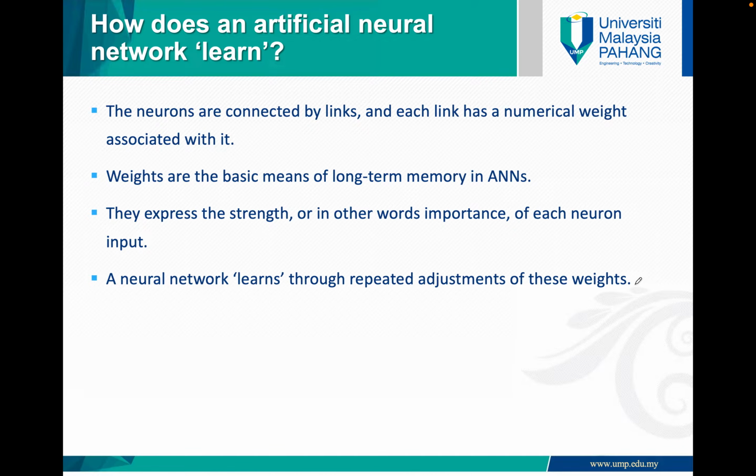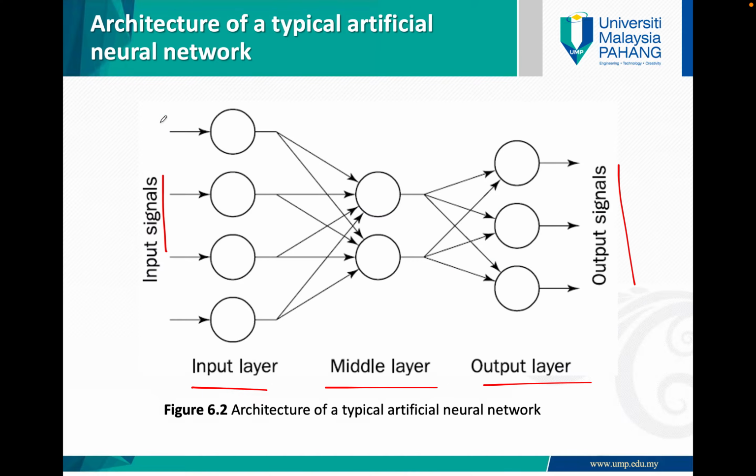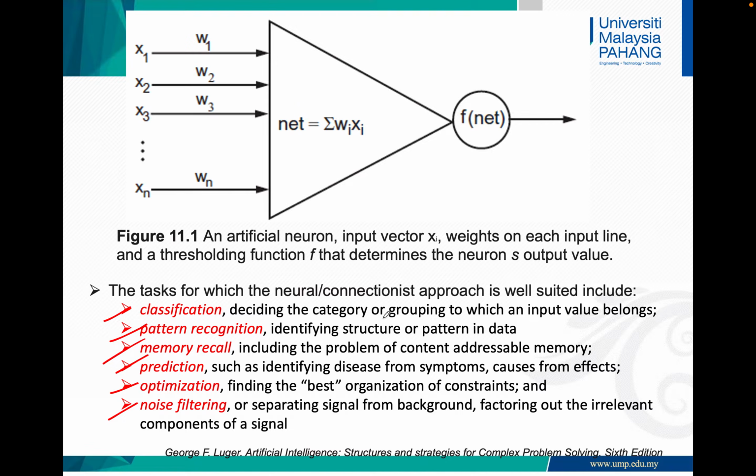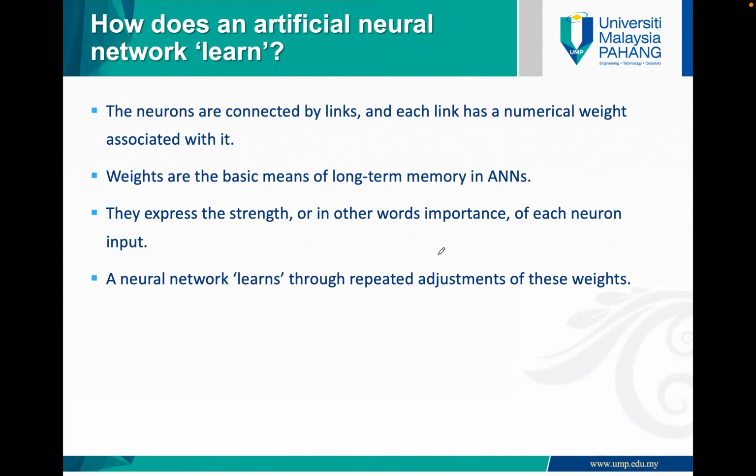This one, how many layers do we have here? The inputs. Okay, that is what we learn. The input layers, that's what we learn. The artificial neural network actually learns through neurons connected by links, as you see here. This is the first input, you put it to the middle layer. You mix all these inputs at the middle layer, right? So that's where the learning happens, connected by links